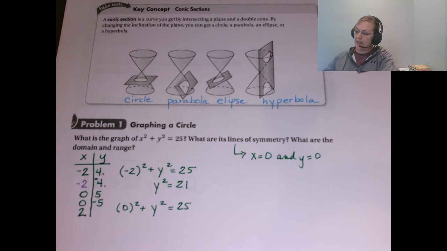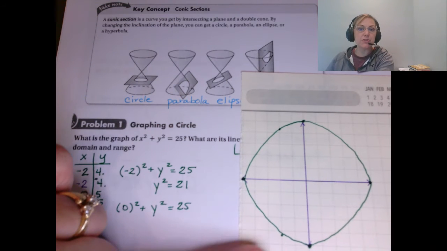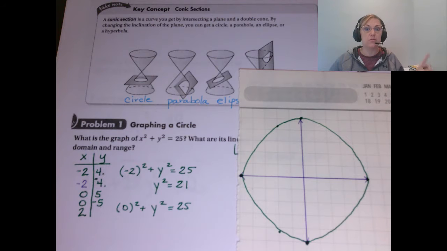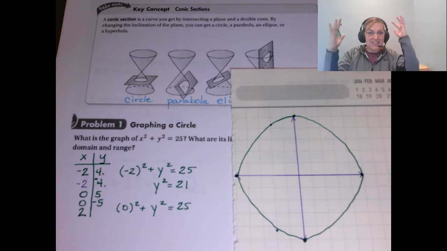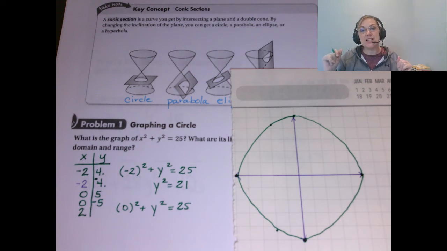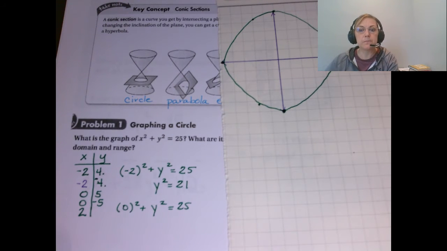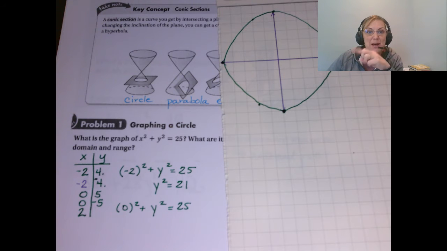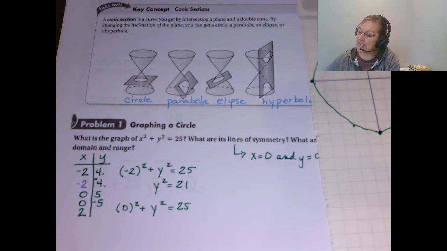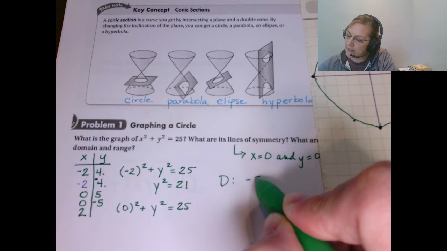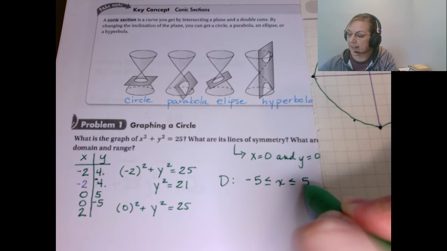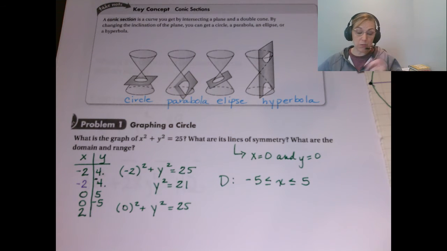Now that we've got a graph, and there's a reason we graphed it first, let's talk domain and range. What do the domain, what's the x values that it stays between? You could say this in interval notation, or we could say it in inequality. What would my domain be here? My x's have to stay between what 2 values? Yeah, it's got to stay between -5 and 5. So if you want to say it with inequalities, you could say it something like that. Okay. If you wanted to write it in intervals,